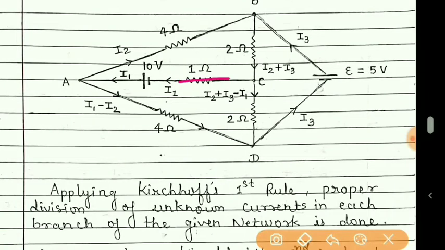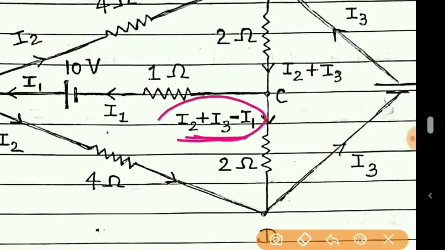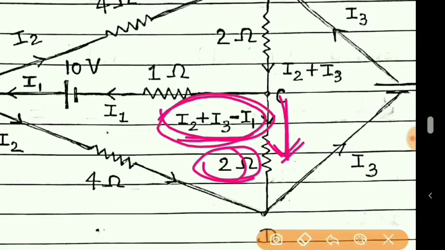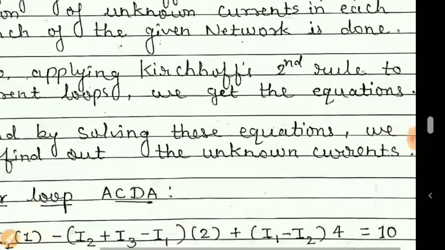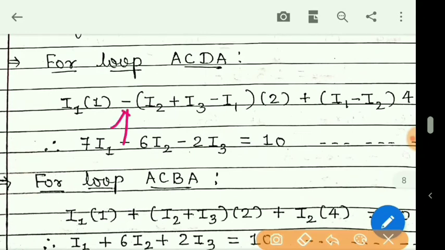Then next, after this we reached point C and now we are moving towards D. So this resistance came, 2 ohm. And which current is here? Here the current is this one. So I into R, but in the direction of the current. The current is also moving in the same direction. So there will be a negative sign. So 2 into this, but negative. You can see the same thing here: minus sign, 2 is the resistance and this current is there in that branch.